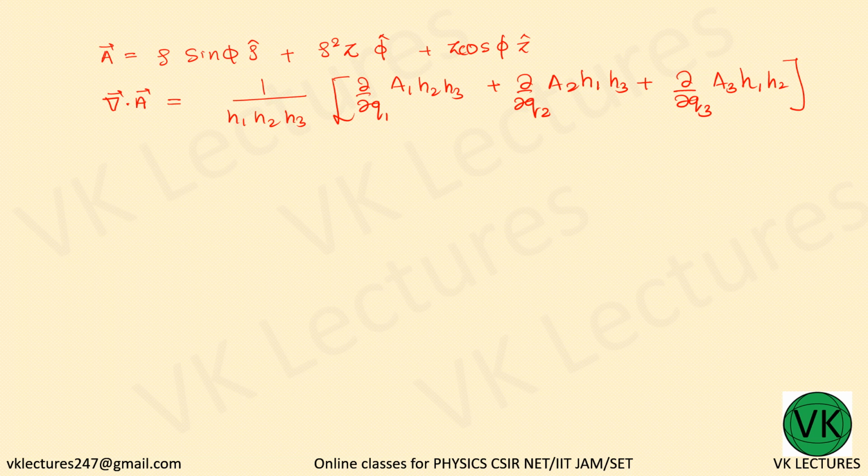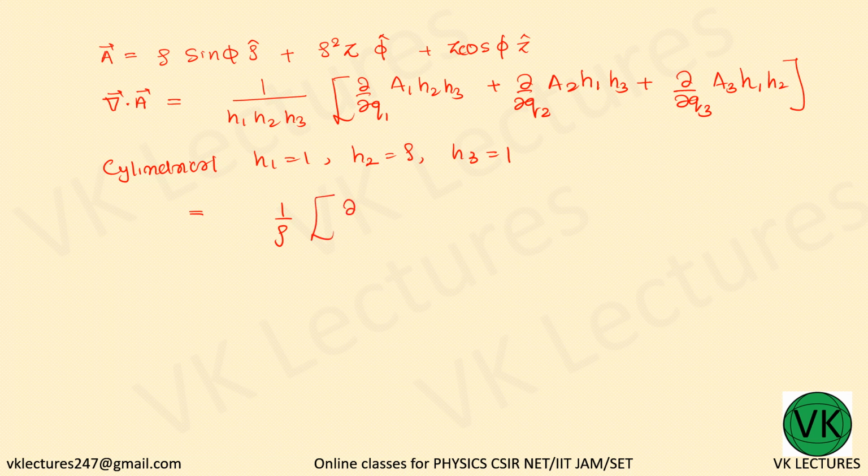Now for cylindrical coordinate system, h1 equal to 1, h2 equal to rho, h3 equal to 1. So that's equal to 1 by rho